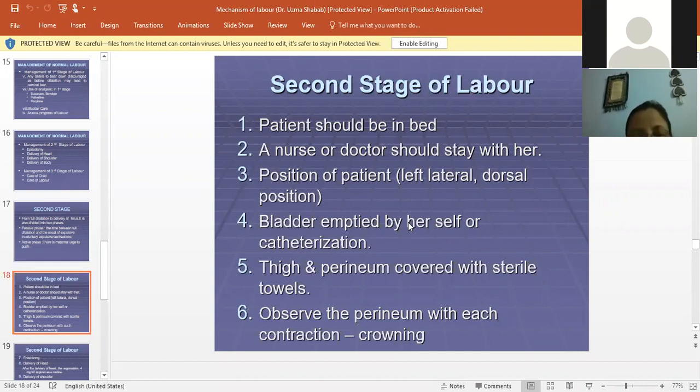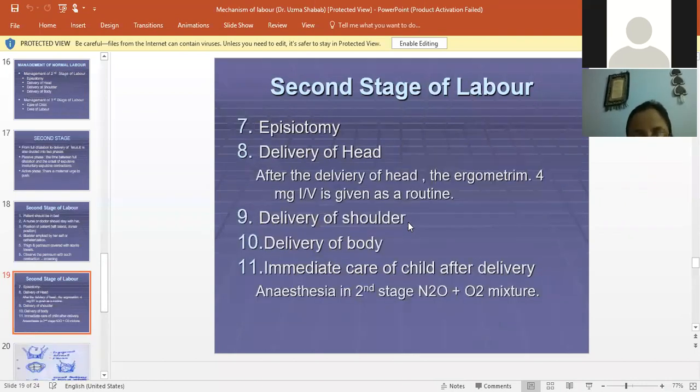We will give the episiotomy if required. The episiotomy should be given at the time of crowning. And then delivery of the head should be done with the support of the nurse or the companion. Once the head is delivered, we will give ergometrine